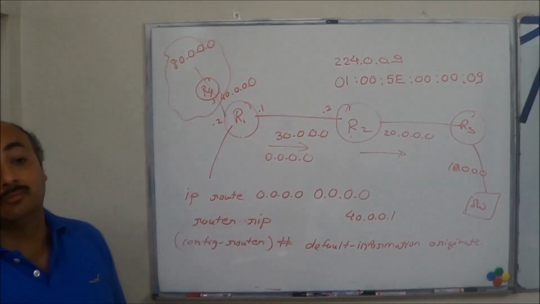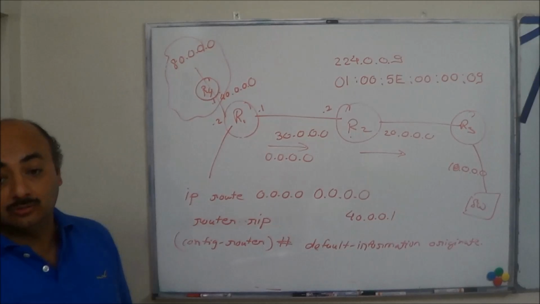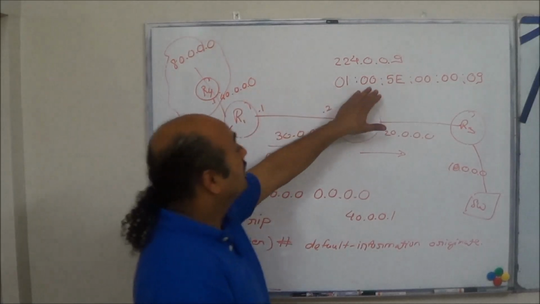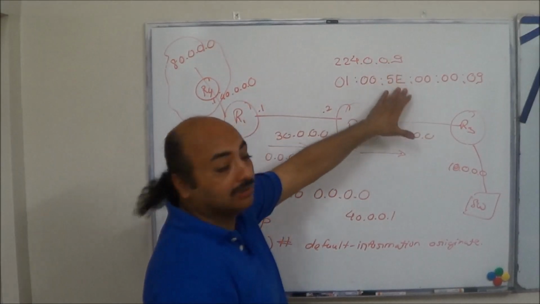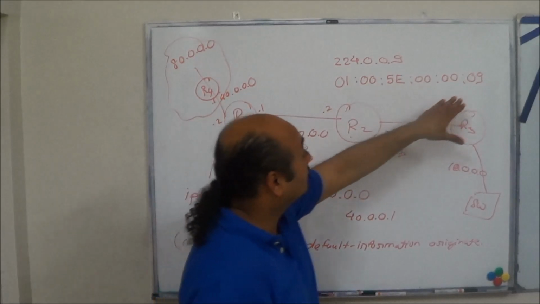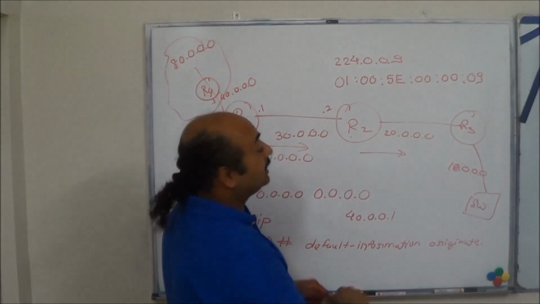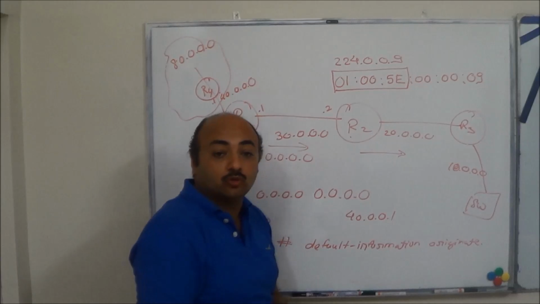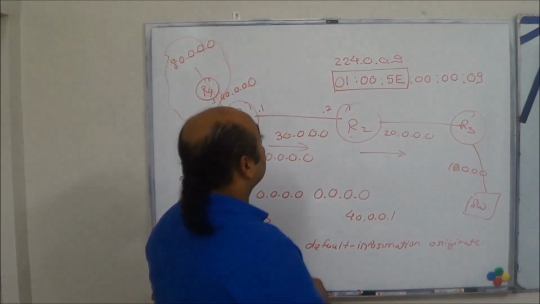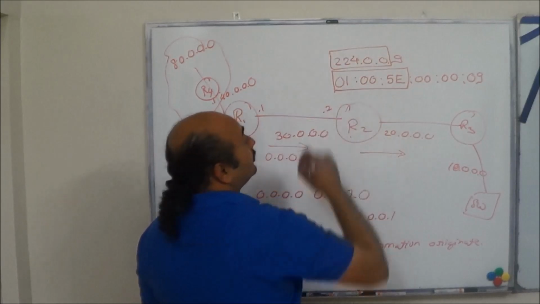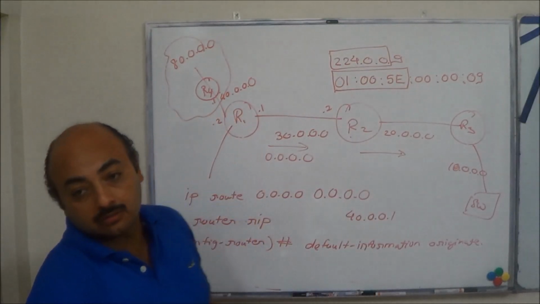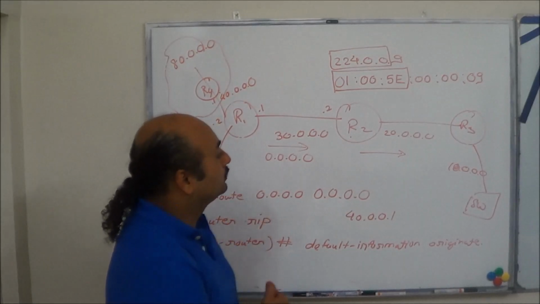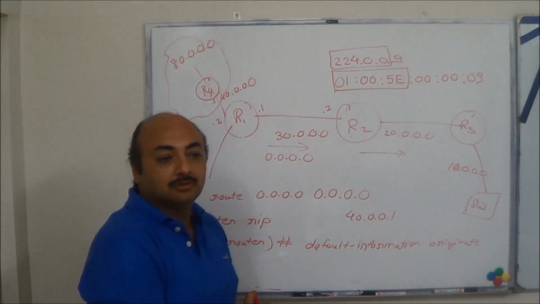For now, you just need to remember this. You need to really memorize it. We will come to the logic of how this MAC address is derived from this IP address later. But for now, you need to remember that this is the multicast MAC address. This part is common. That will be used for OSPF also, and similarly this will also be used in OSPF. That's it. RIP done.